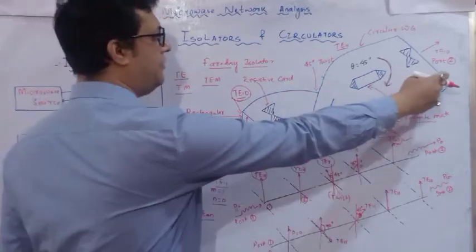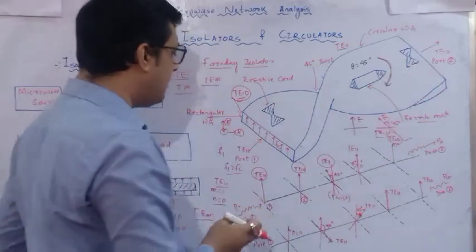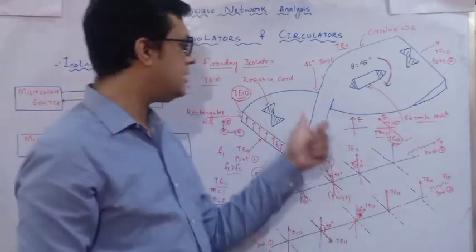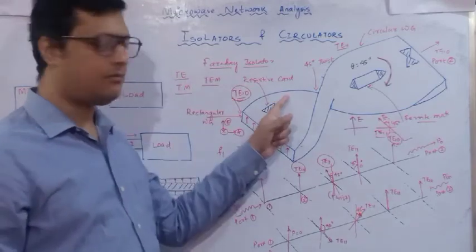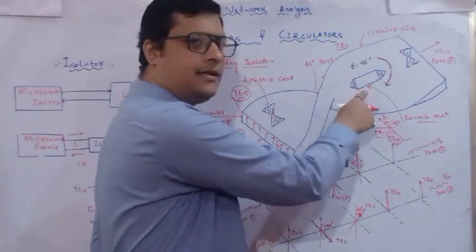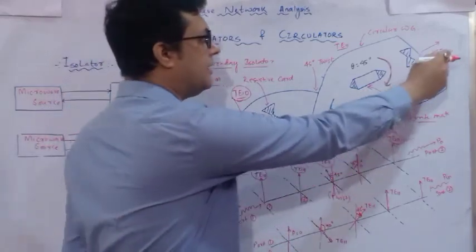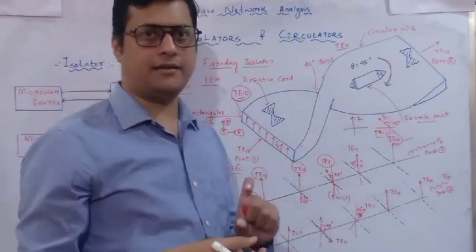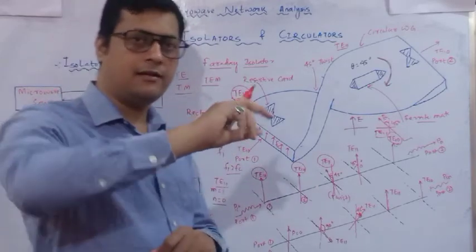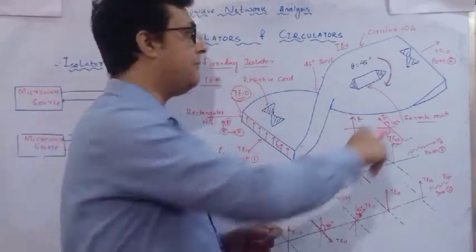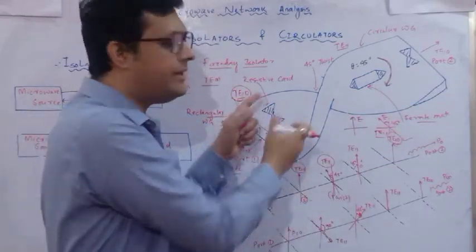So here, when I am projecting the power from port 1 to port 2, this twists the angle in anti-clockwise direction. Rotation is done by this ferrite material in clockwise direction. Now this twist is made in such a manner that when you inject the power, it will rotate the power anti-clockwise 45 degree. But when you feed the power at port 2, it will rotate the power in clockwise. Arrangement is made like that.